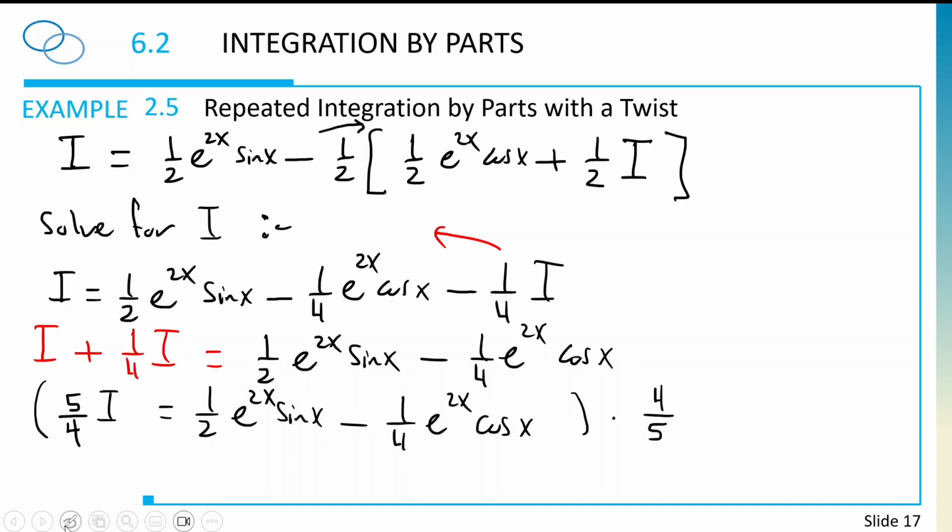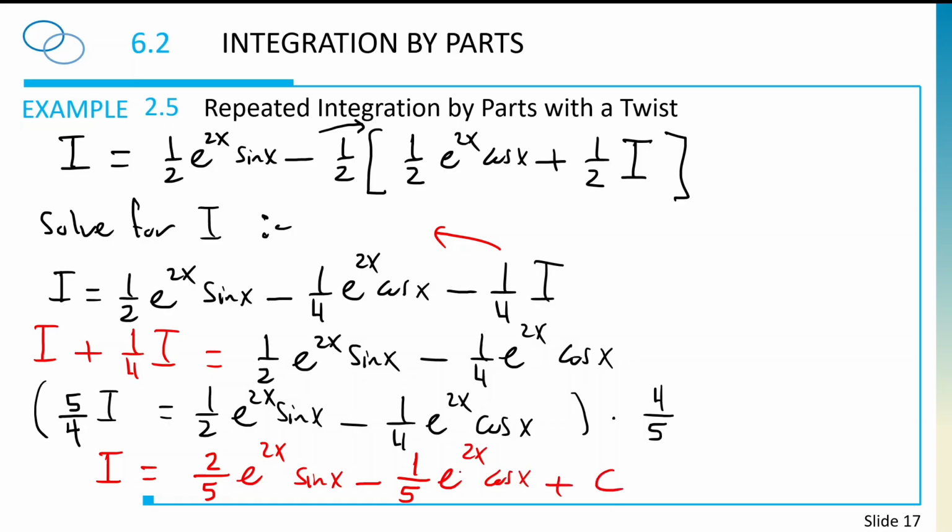So now the final result is I equals, if you multiply by 4 over 5, 2 over 5 e to the power of 2x sine of x minus, cancel 4 with 4, 1 over 5 e to the power of 2x cosine of x, and don't forget to add the constant at the end. No need to worry about the constant in each step. At the end, you just add your constant. So hence,